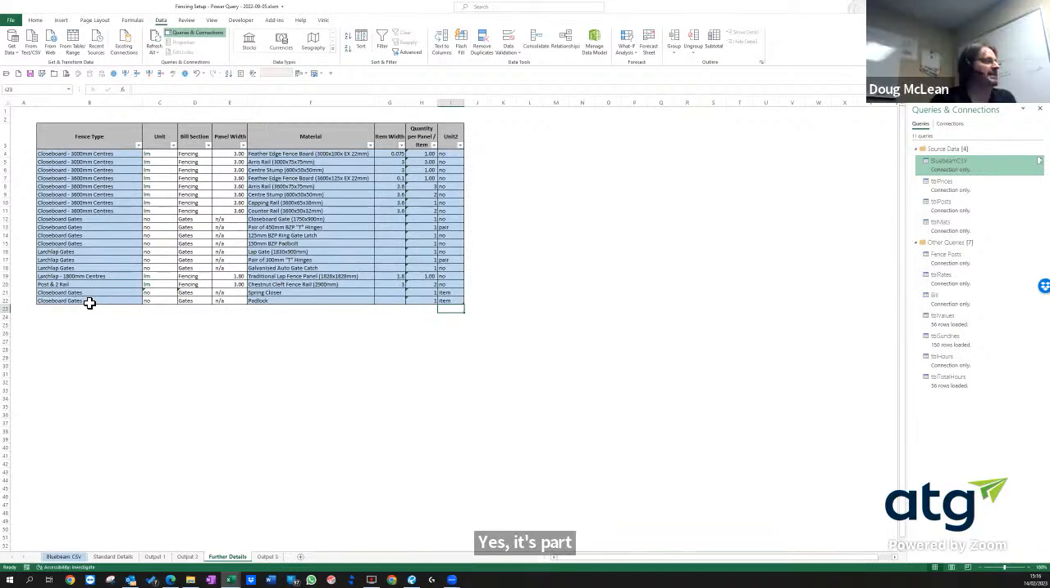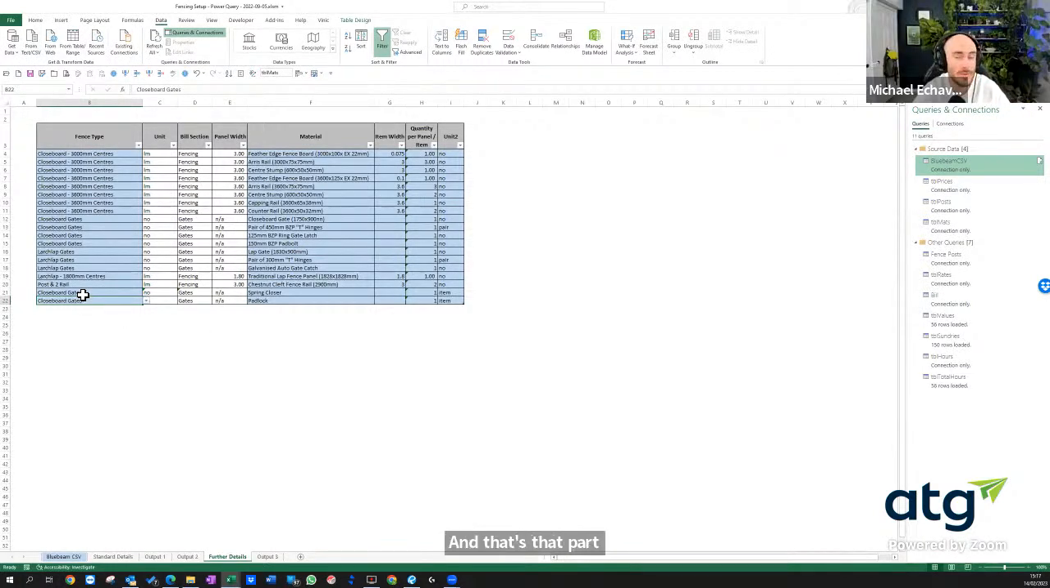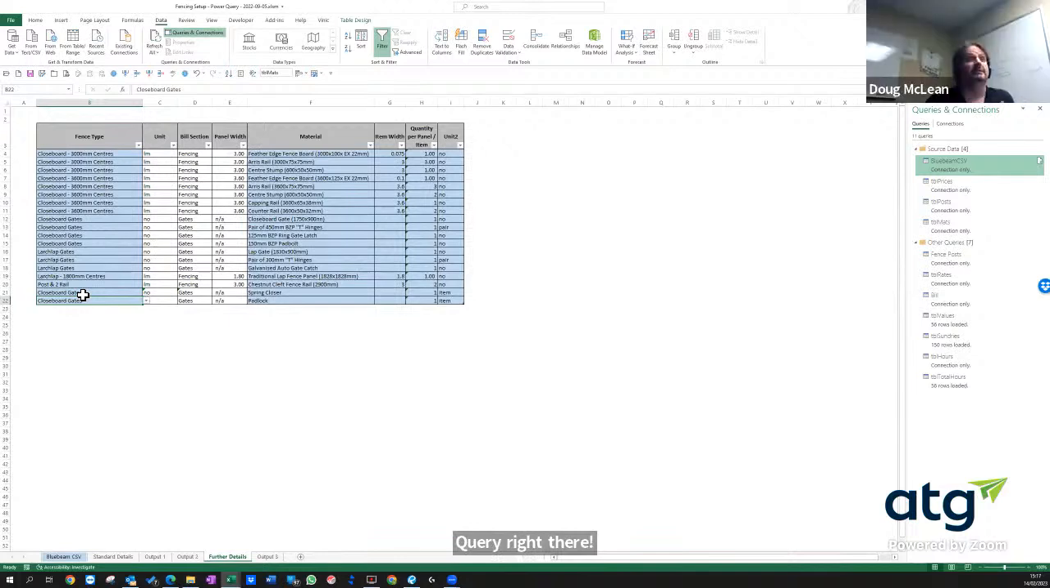Just go under your data tab. So where Vince has it up right now, under the data tab, right there, that part right there, that's Power Query. Yep. Wow. Just basically you trim down 4 days of time